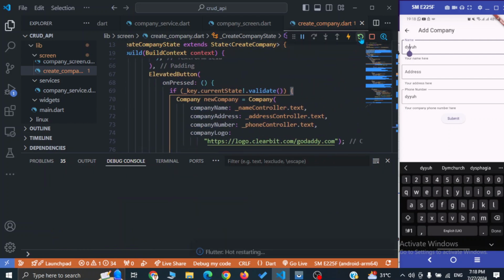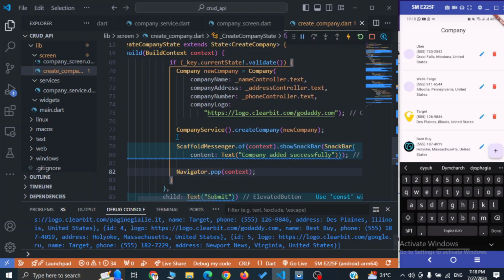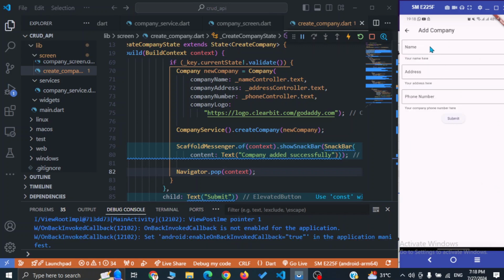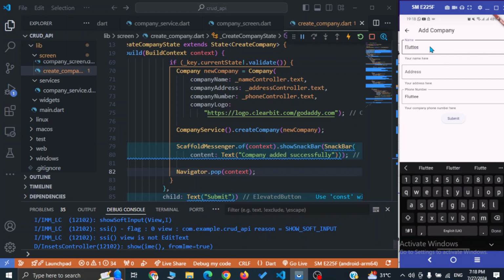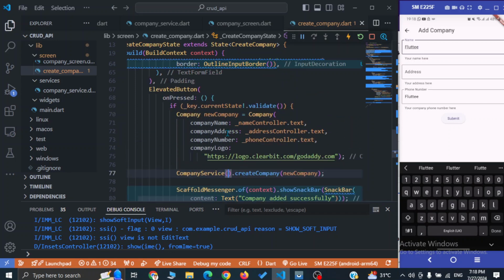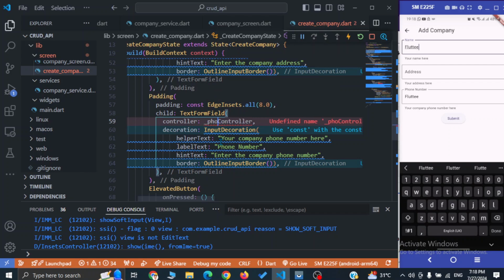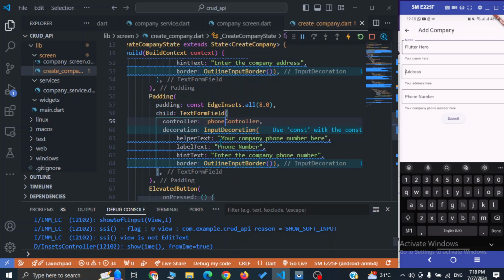Okay, don't worry. So let me restart the app. We can see the company details. Let's click on the plus button here, and let me give the company name as Flutter Hero. Okay, we forgot to change the controller for phone number. Okay, let's change it quickly. Phone controller. Let me save it again, and now we can write Flutter Hero, and address is